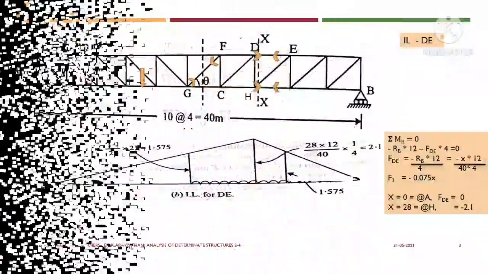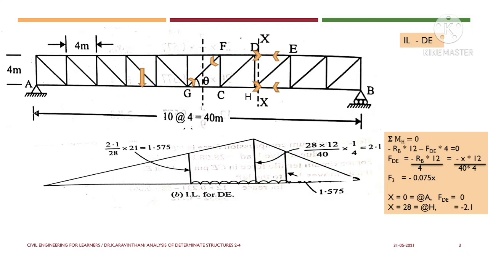And let us go to the second step. Yes, we need to draw the influence line for the member DE. In order to find that, let us split the members into two halves. So this is the interested panel. So let us cut the panel into two halves, that is left hand side and right hand side. These will be the region 1 and region 2.